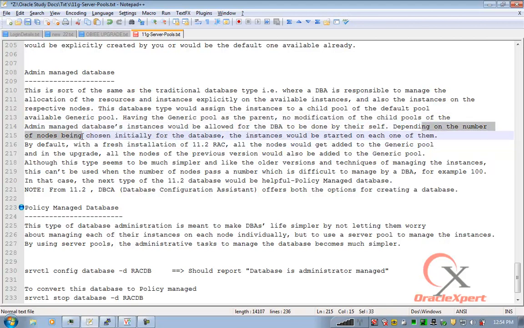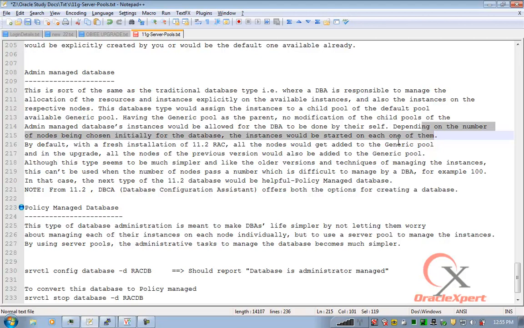Depending on the number of nodes chosen initially for the database, instances would be started on each of them. So there is a hard-coded binding between the instance and the machine on which it runs. If my RACDB1 was configured to run on alpha, it will forever run on alpha.